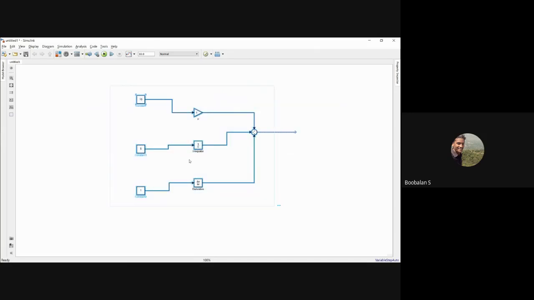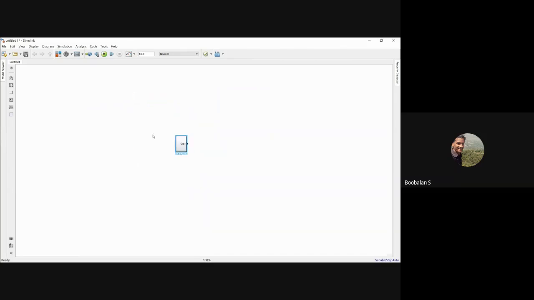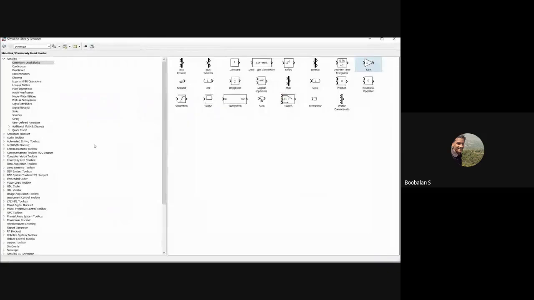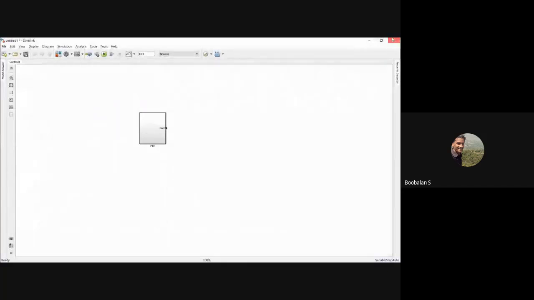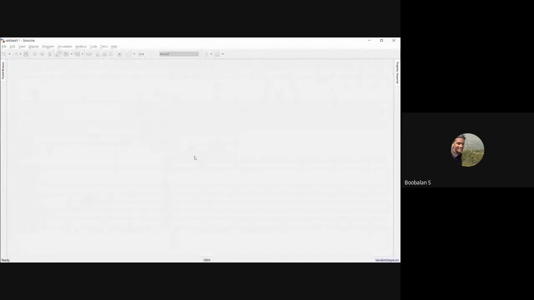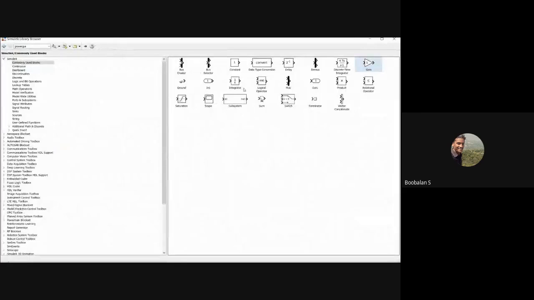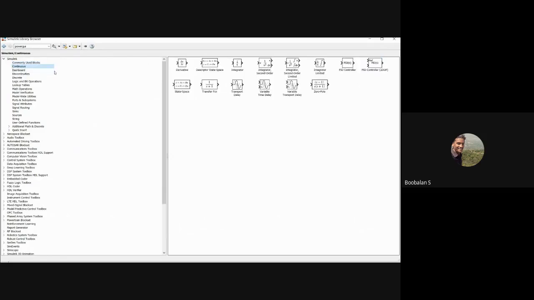Then what can we do? We can convert it into a subsystem. Right click on it and create a subsystem from the selection. Now this will give you the PID controller. This is your PID. Got the meaning now? This is what we also use as a block, directly. I'm not going to save it right now. Here you use PID directly, and we used it separately. Here we are using only the integral control. Or else you could use a continuous PID.